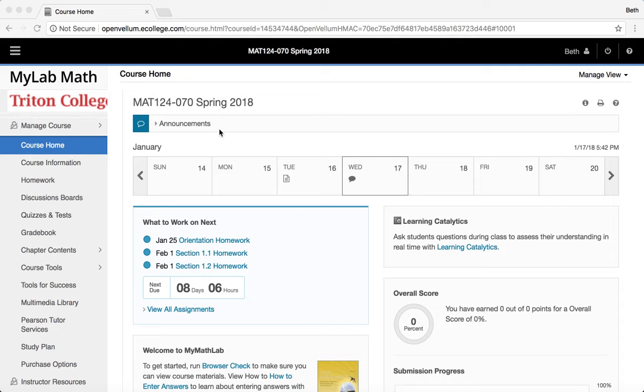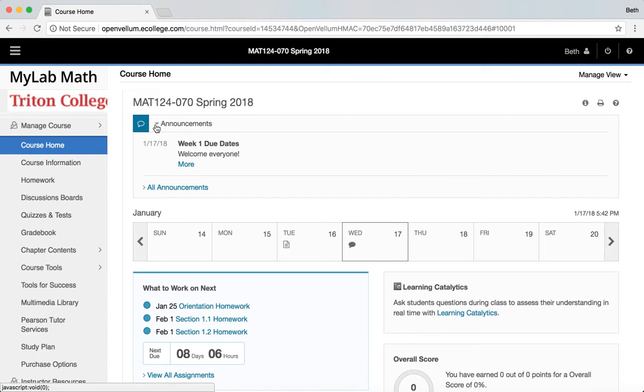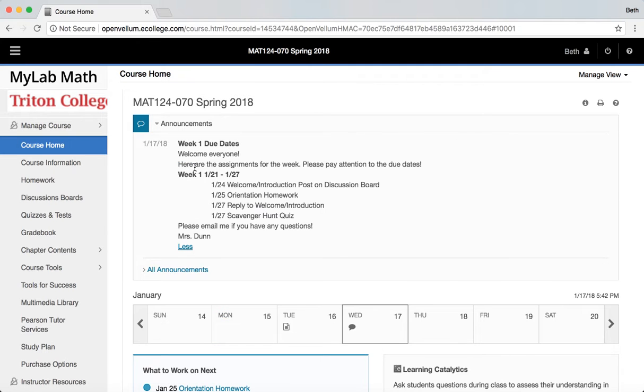What's very important on this homepage is the announcements. You'll notice that the announcements are not expanded at this moment. So if I click on the arrow, I can expand it. I have to click on this more so that you can see the first announcement. I will do this every week where I will post probably on Sundays, maybe on Saturdays, what's due for this